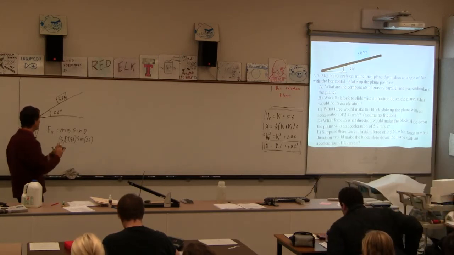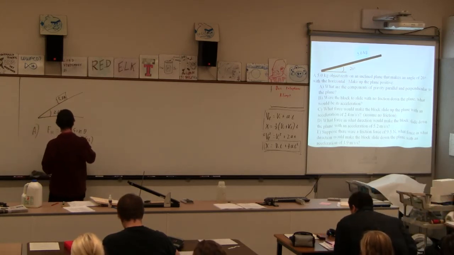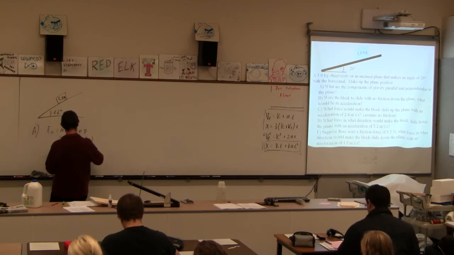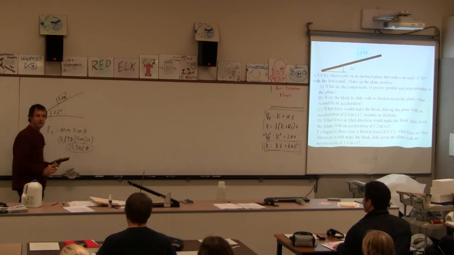And if you don't get 21.502, either your calculator is the demon seed, and we need to drive a wooden stake